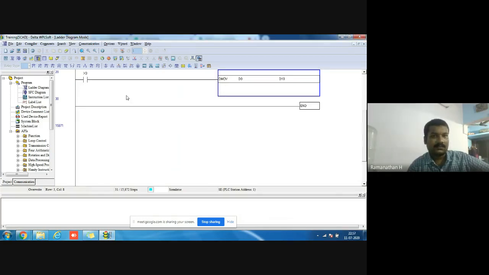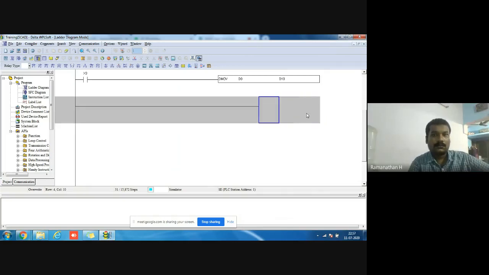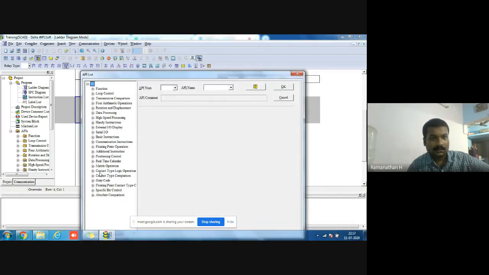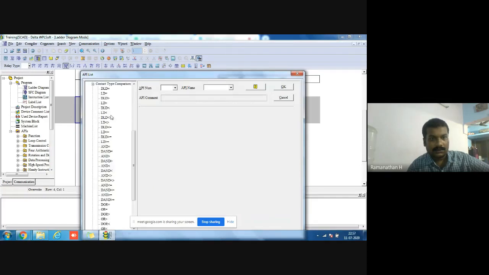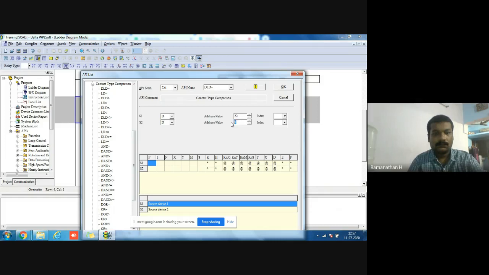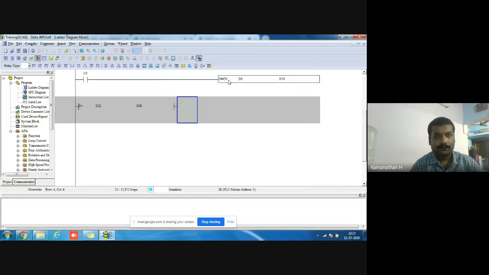Then comparing sections also. Use that. Comparing sections, contact comparison. Just copy the move instruction, same here.